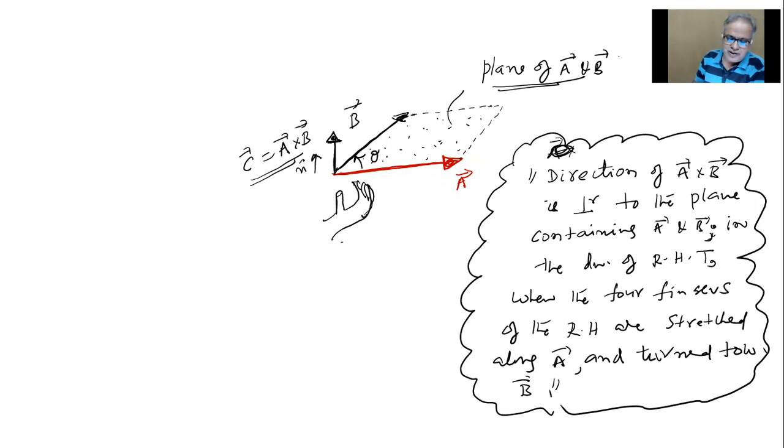First of all, we need to decide. Previously, it was a scalar quantity, so there was no need to show a vector because it's not a vector. But this product is a vector. So there are three vectors now. What are the three vectors? A is one, B is one, which is given to us. But by multiplying A and B in a particular way, we got one more vector, a third vector. Do you follow? I'll give you many physics examples for this. But the logical part of it, you tell me.